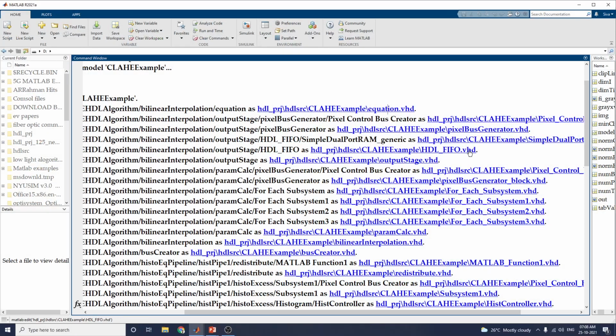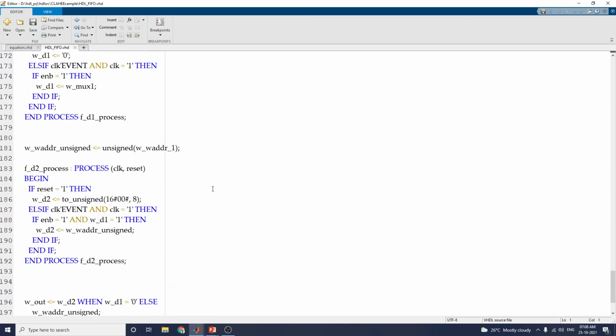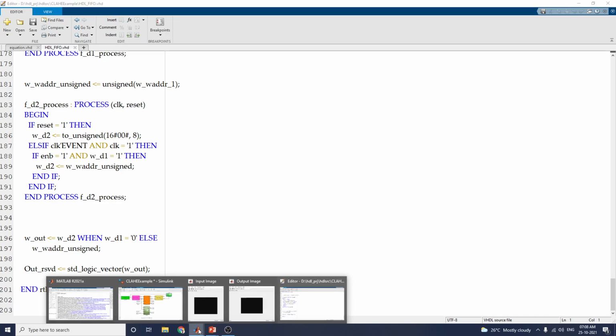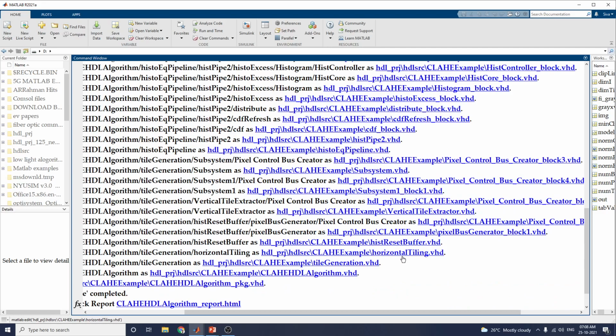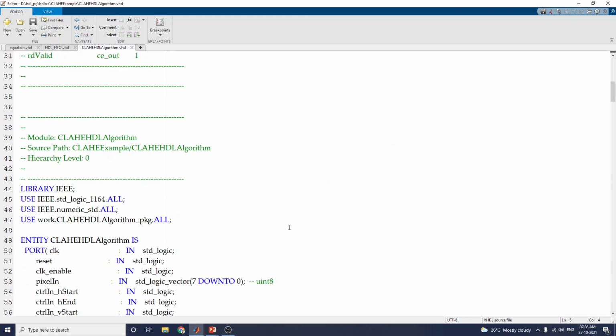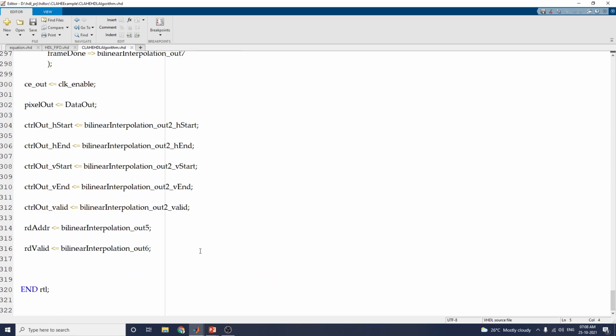Then next, what is the HDL FIFO? This one. In this manner, we get 201 lines. Similarly, you can find the final one. This is tile generation. This is the algorithm file, our HDL algorithm file. It shows 320 lines.